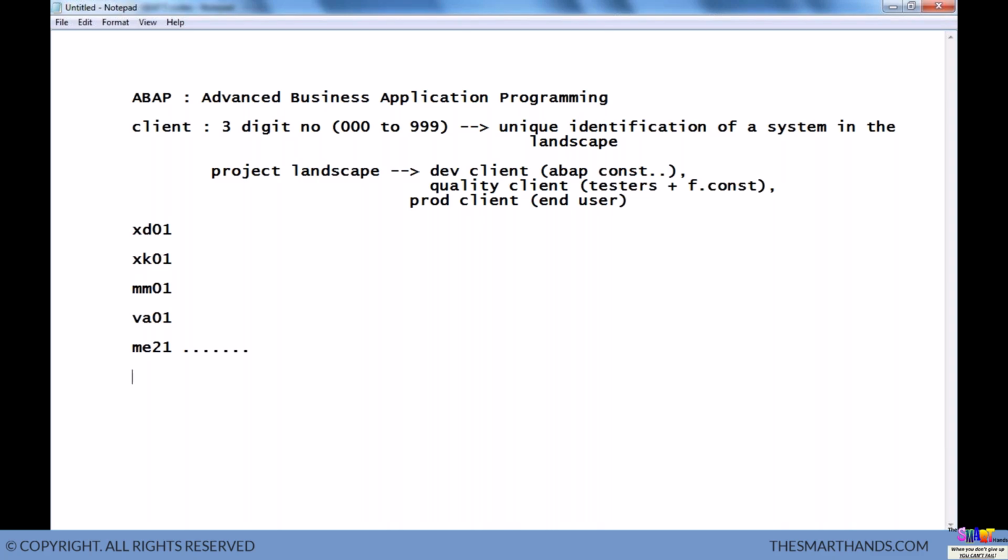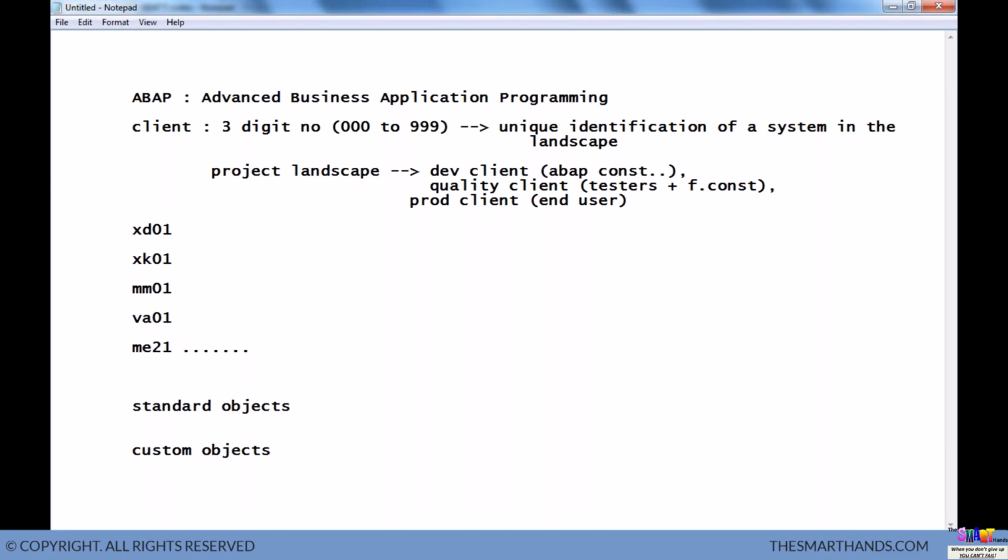They are already available in the SAP system. We just need to customize it according to our own requirement. So here what we have to understand is we have something called standard objects. We have something called custom objects. So as I told you just now, whatever we develop, we call them as